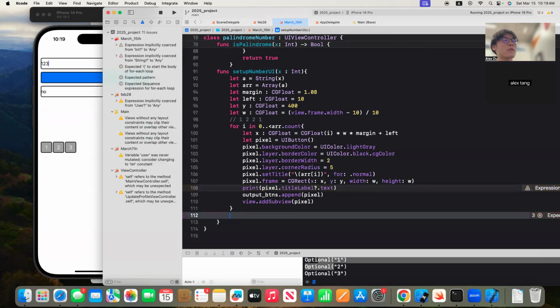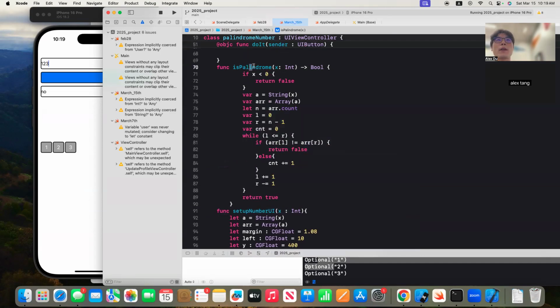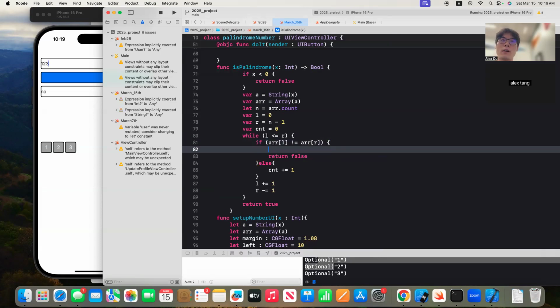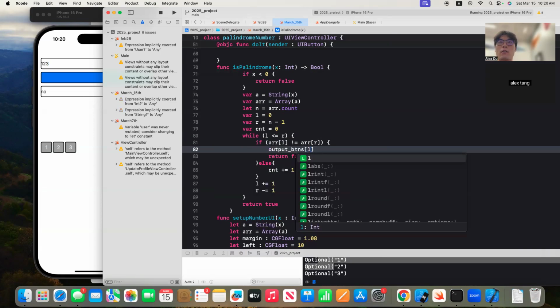I think we can directly use this. So we have isPalindrome, and we have the button here. And if they are not equal, I guess we can have the output buttons of L